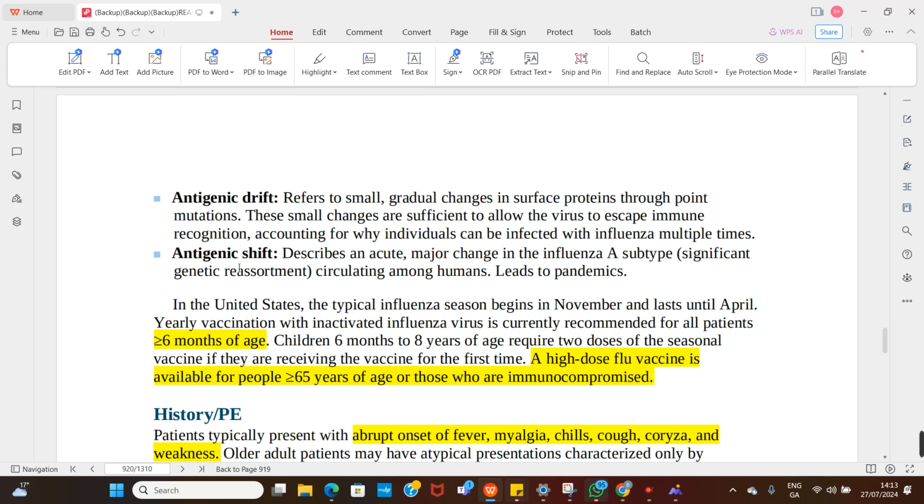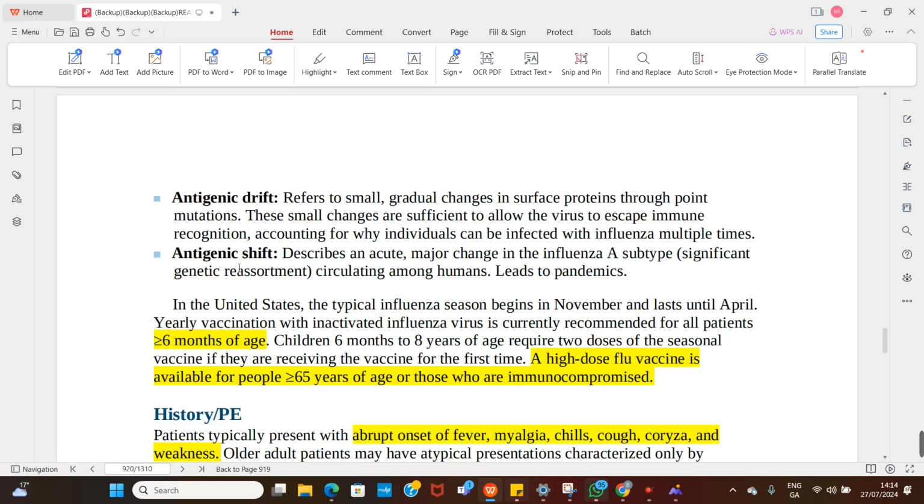You can test them. How do you vaccinate against influenza? It's annual, right? And you start the vaccination in children more than 6 months, unlike in strep pneumo, less than 5 years. Here, they have to be more than 6 months to whatever years, but at least they have to be 6 months. Now, there's a catch. You give two types. There are two types: the intranasal and the IM. The IM is the one that is